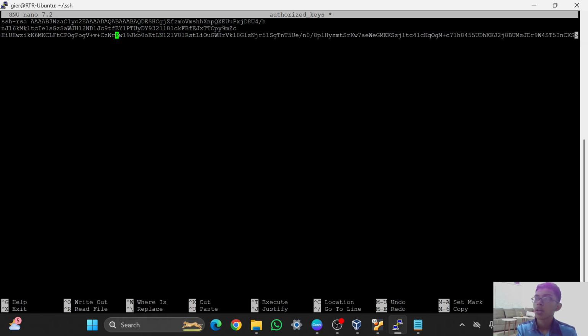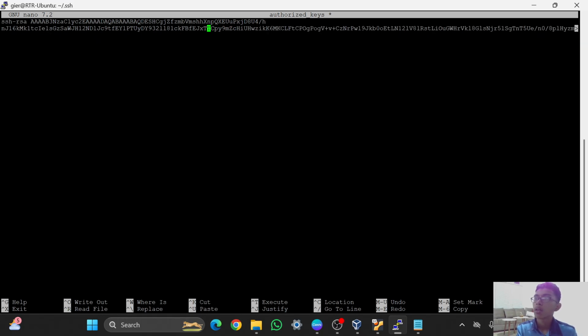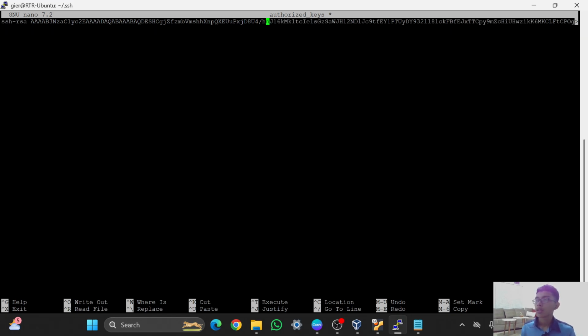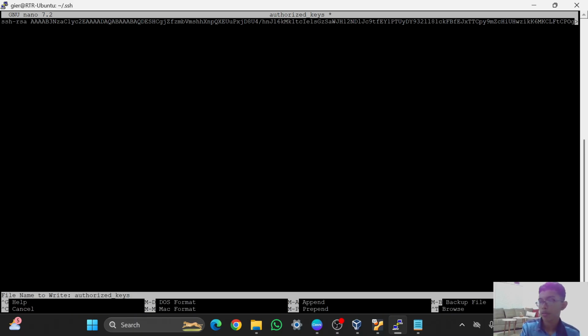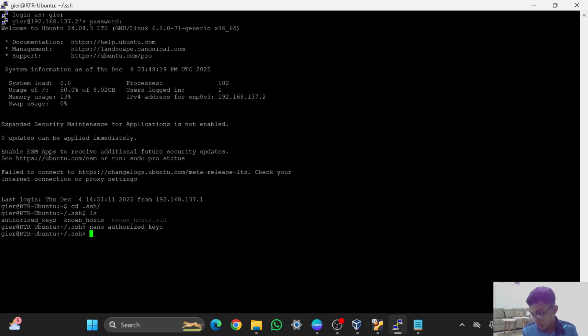I will delete the enter until it shows only one singular straight line like this, and after that you can just Ctrl+X and then Y to save the file, and after that we can restart the service of the SSH using systemctl restart ssh.